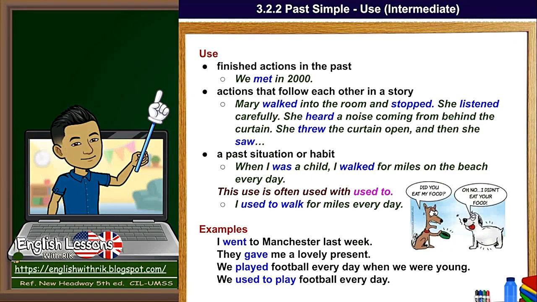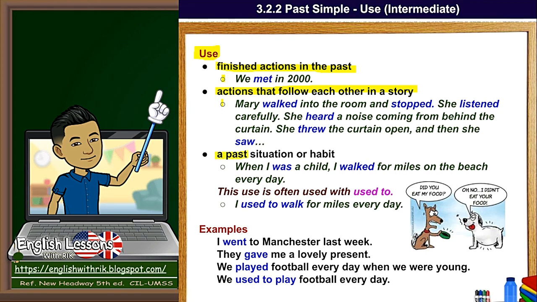Use. We use the past simple for finished actions in the past. We met in 2000. Actions that follow each other in a story. Mary walked into the room and stopped. She listened carefully. She heard a noise coming from behind the curtain. She threw the curtain open and then she saw